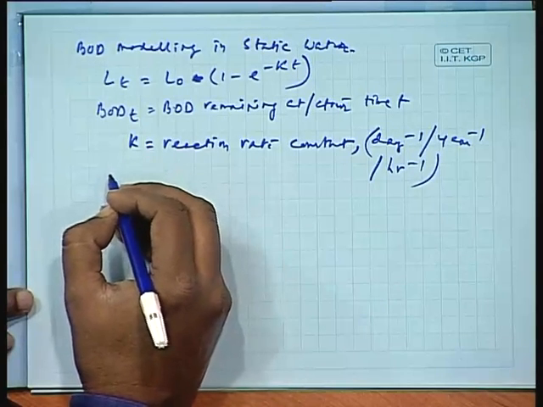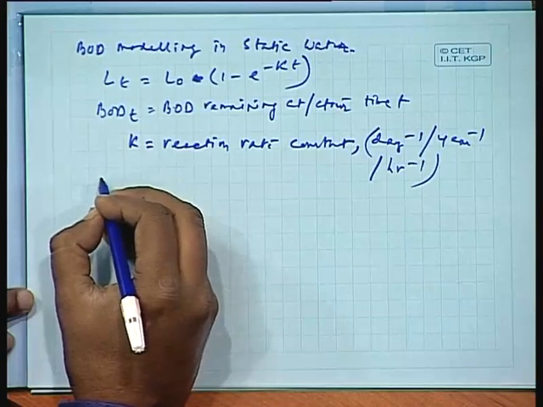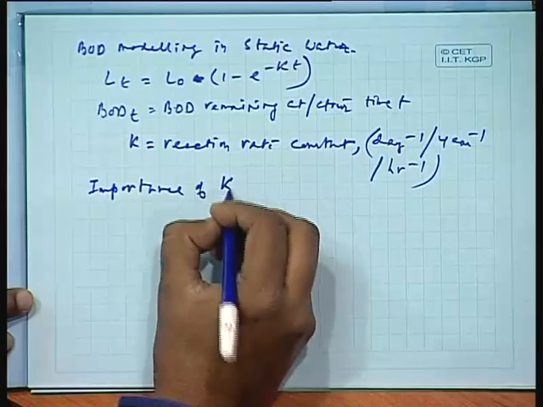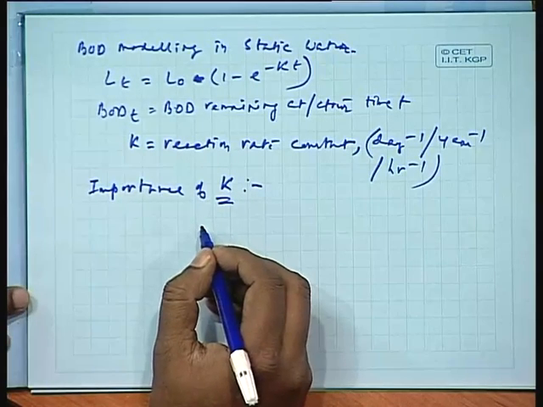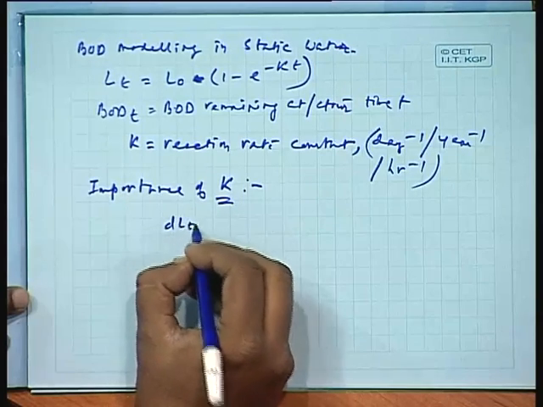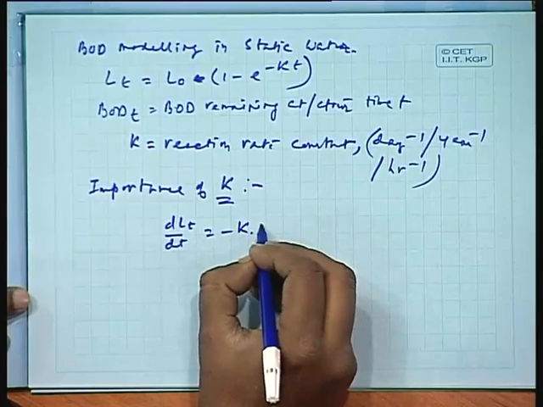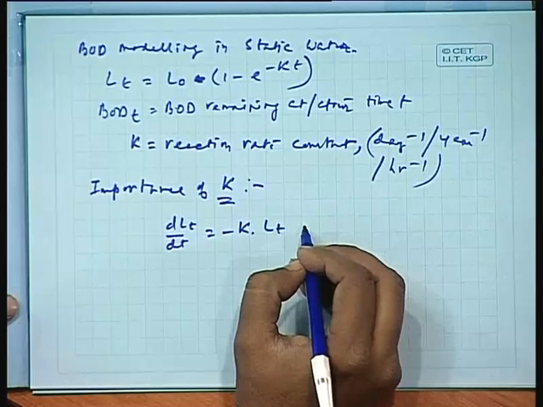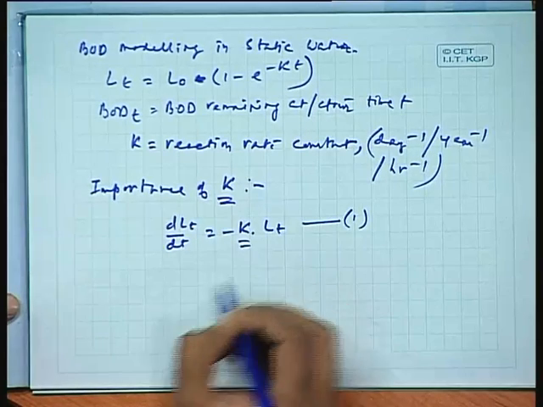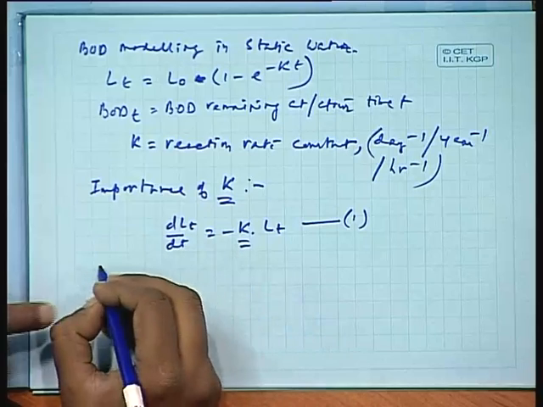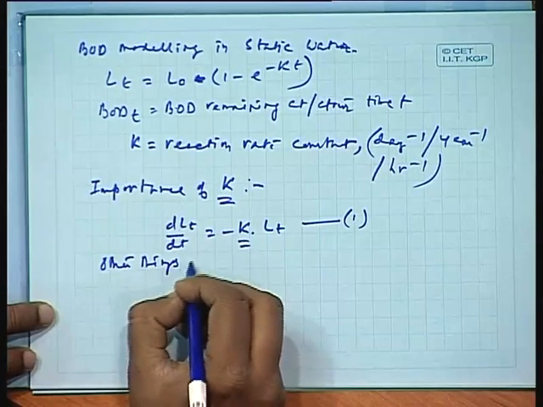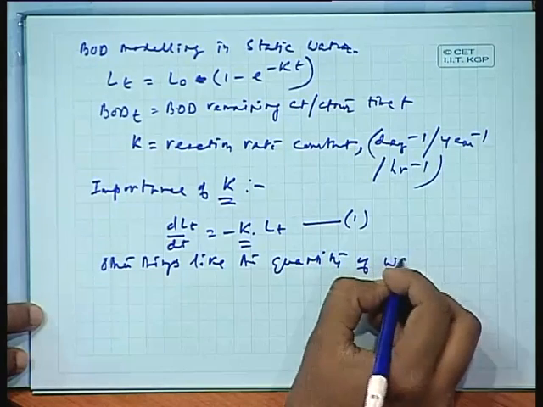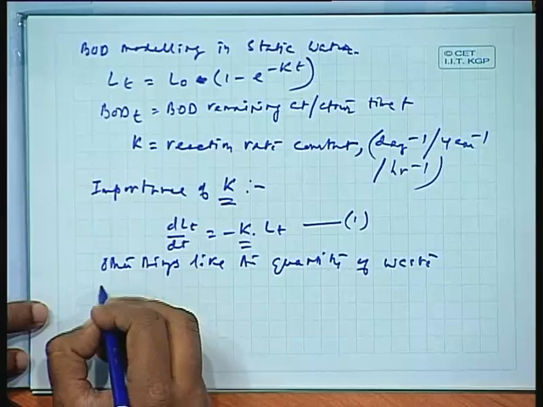Having said all this, we can now find out what is the importance of k. If you observe in this function, when we began, dLt by dt is equal to minus k Lt, from where we derived Lt is equal to L0 multiplied by 1 minus e to the power minus kt. One thing we can see here is this k, other things remaining the same, like the quantity of the waste remaining the same,